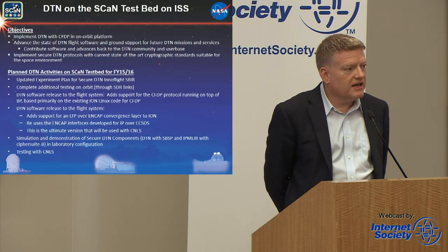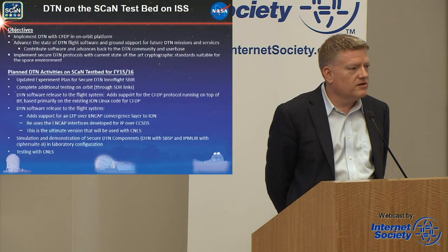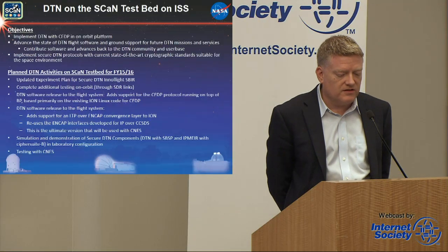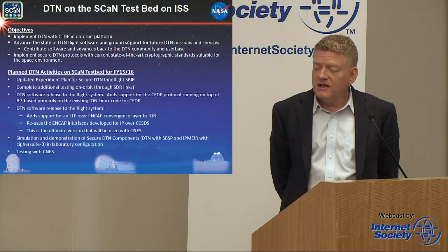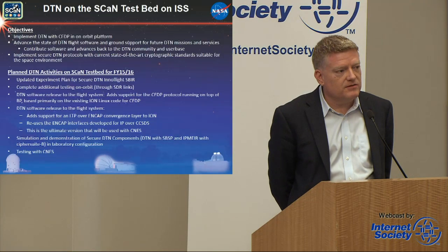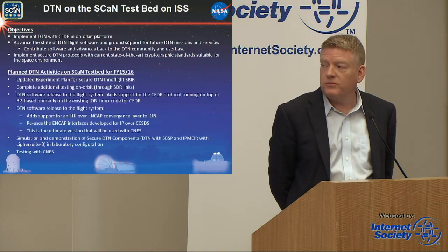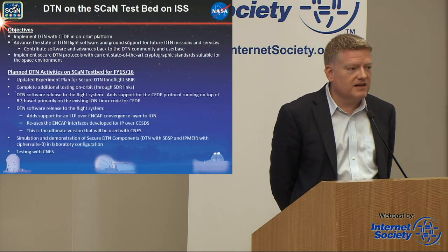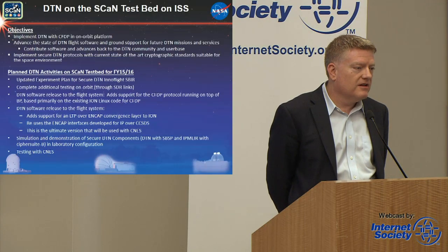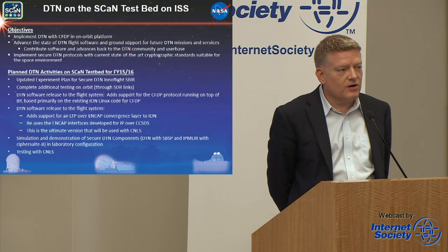Next year, we're looking at multi-hop DTN experiments in FY16 that will also use adaptive networking. So one of the things that we're hoping to demonstrate on the SCaN testbed in the future is adaptive coding, adaptive modulation, being able to adapt the system, what we call cognitive networks. And so we hope to build a bit of intelligence in by monitoring some of the parameters of the system and adjusting. So for example, as the link degrades, maybe because the distance gets larger, you may